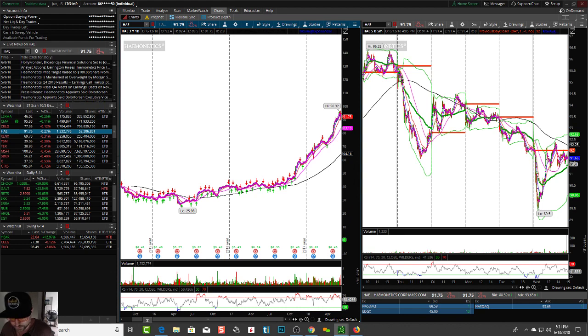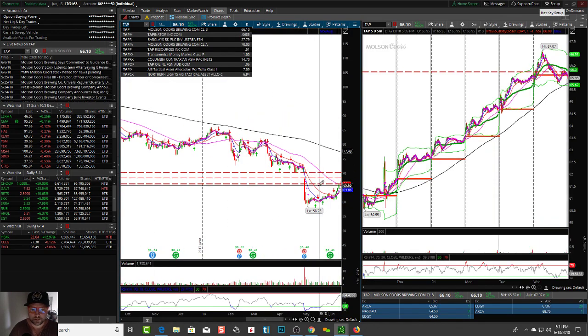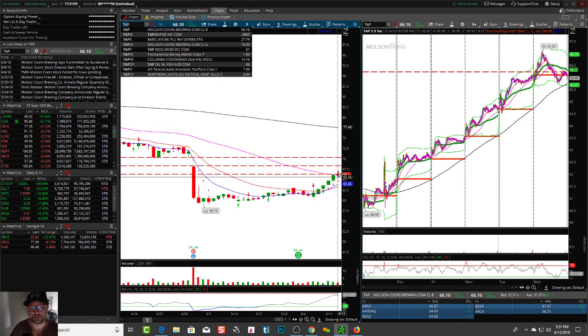Can you look at cores again? Tap from yesterday. Let's take a look. TAP. So TAP, yeah. Now you have this doji right around the 50. So it propped up. It didn't get up at that 68.26. So this doji is showing you potential decision for a possible reversal. It's happened right at the 50. So this is a warning for a potential pulling back here.